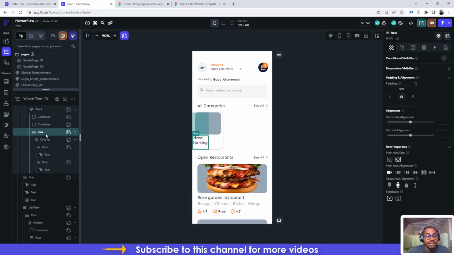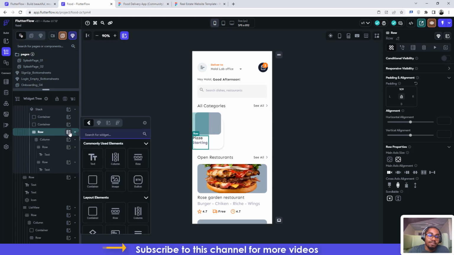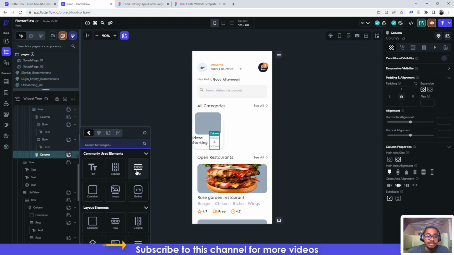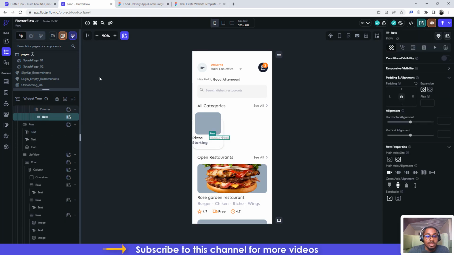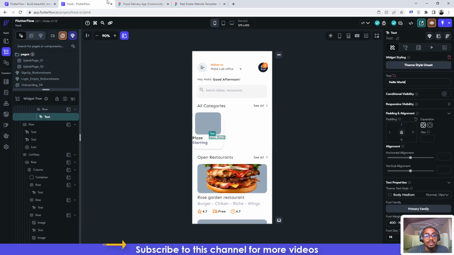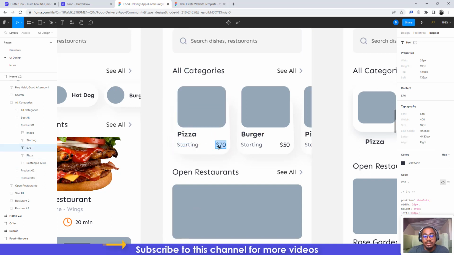Now what we need to do again here is in the row we're gonna add another column. Yes, I'll add another column, and in that column I'm gonna add a text. Okay, so no, add a row first, and then I will just add a text here. Alright, so now that I have this, my system looks like it's dragging. Okay, now that I have this, I can just come back here and pick this